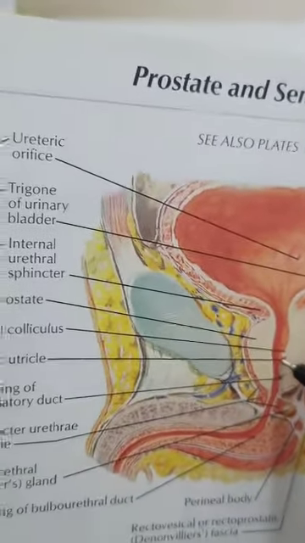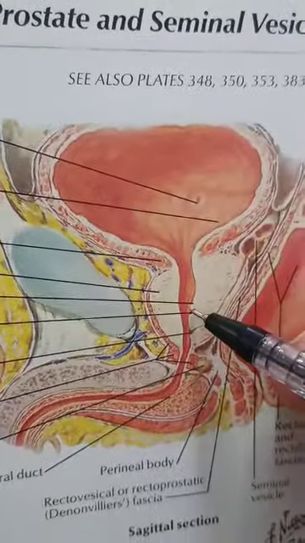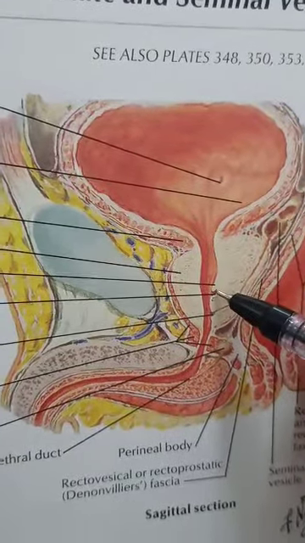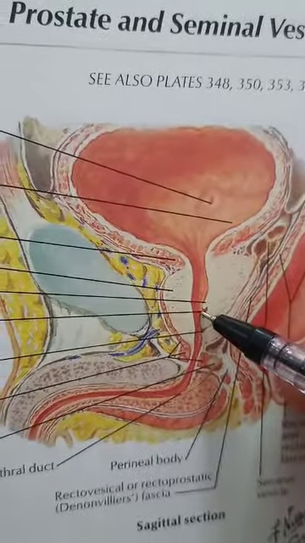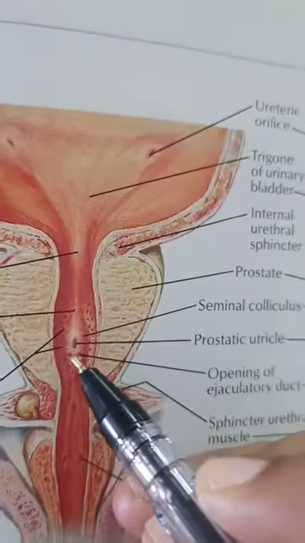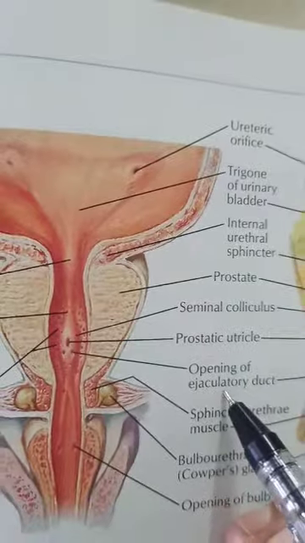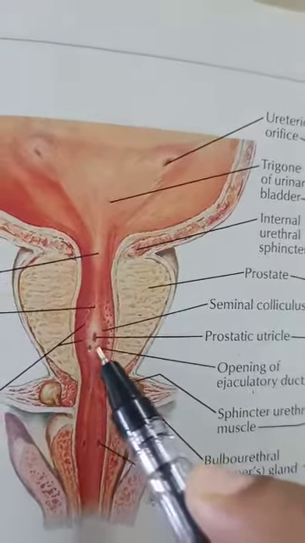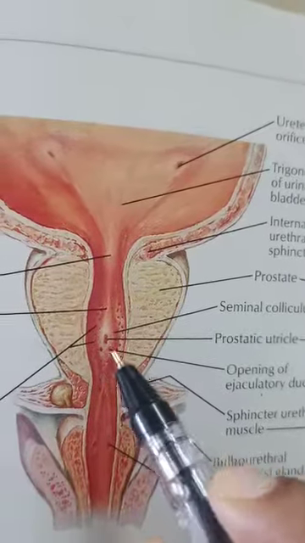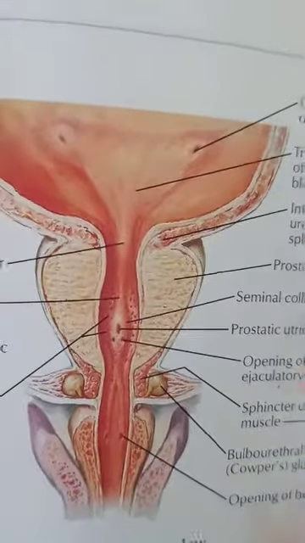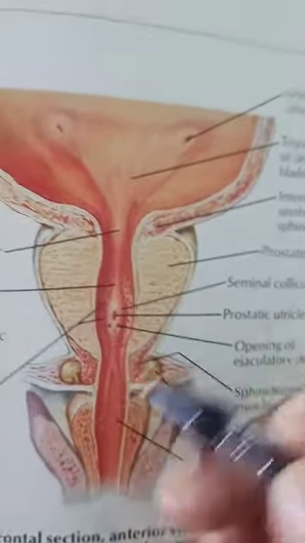So this is the prostatic utricle. Inside the prostate gland, a small sac-like structure can be seen. That is known as the prostatic utricle. It opens into the central part, and on either side, below the opening, we can see the openings of the ejaculatory ducts. All these structures can be seen on the verumontanum. So these are the features of the prostatic urethra.